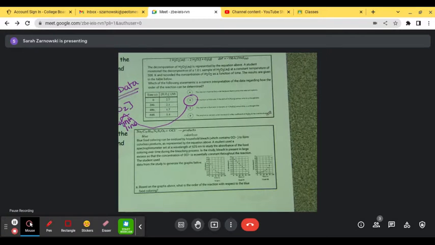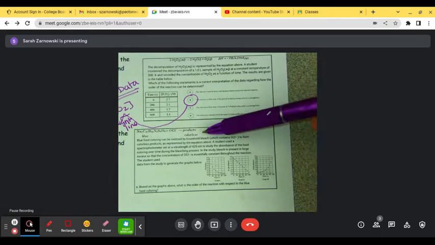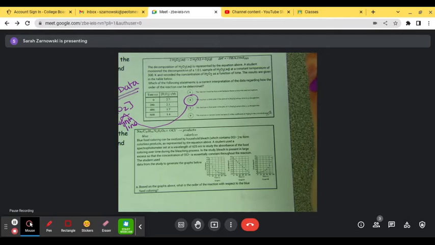It gives us an equation. It tells us we form some products. I guess it goes from blue to colorless when you go to the product. So it says blue food coloring can be oxidized by household bleach to form colorless products as represented by the equation above. A student used a